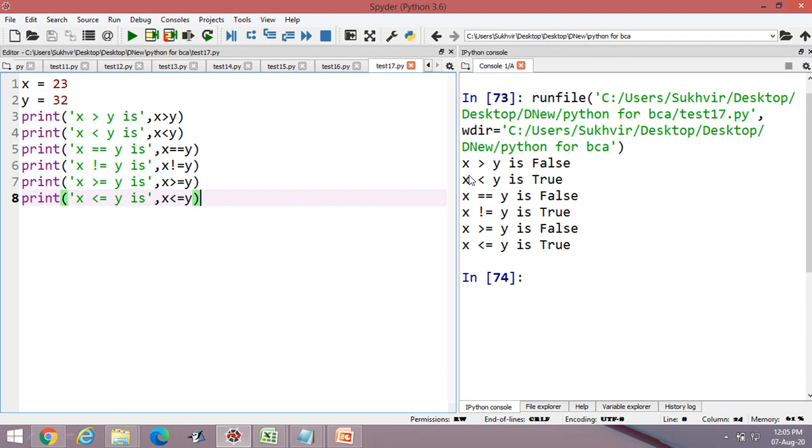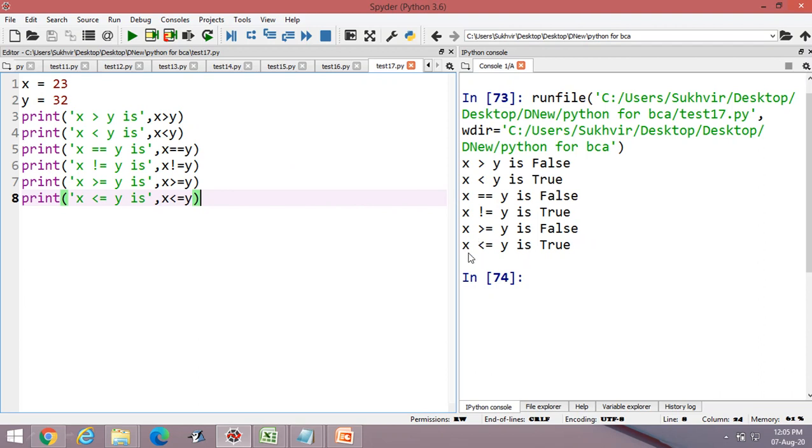Now in this case, x greater than y, it's false. x less than y, it's true. Yes, 23 is less than 32. x equal to y is false because both the values are not equal. x not equal to y is true because both the values are not equal. x greater than equal to y is false because 23 is neither greater than nor equal to y.